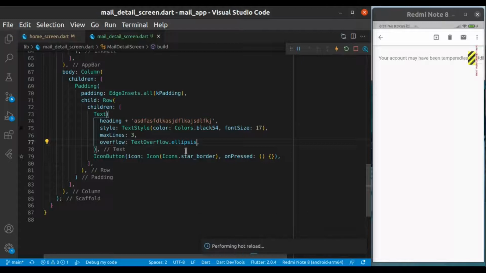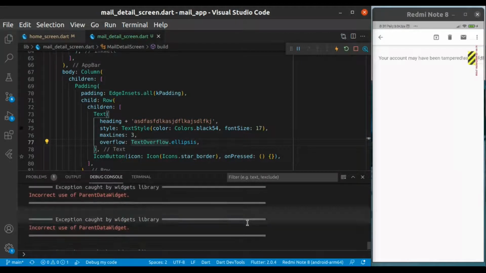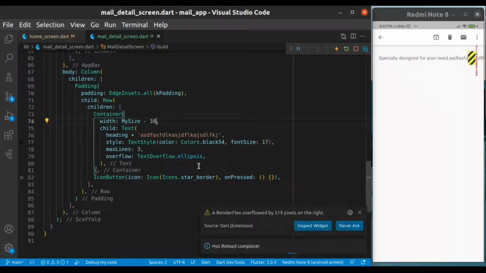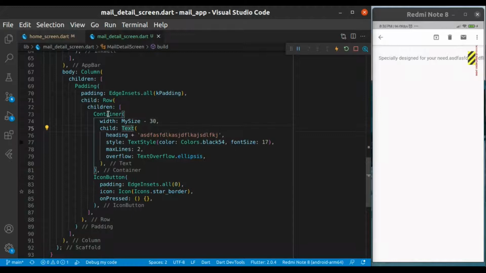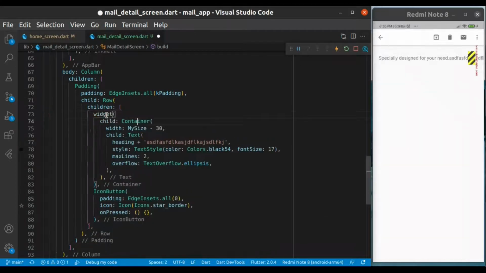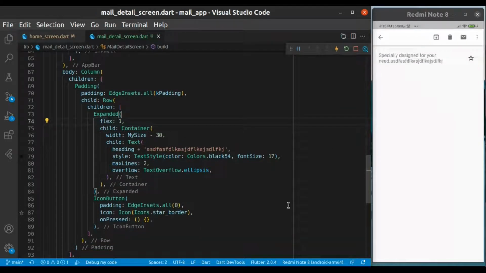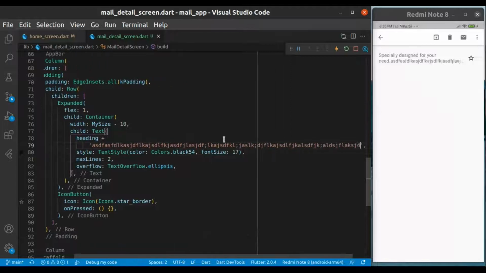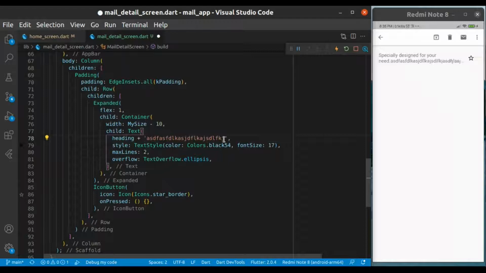The max headline can take 3 lines of text, and the rest of the text should be ellipsis, like dot dot dot, and wrap it with the container and provide some width, so it will not render the extra text after the width ends, and place it in the expanded widget, because we want it to expand as much as we can have space on the screen.